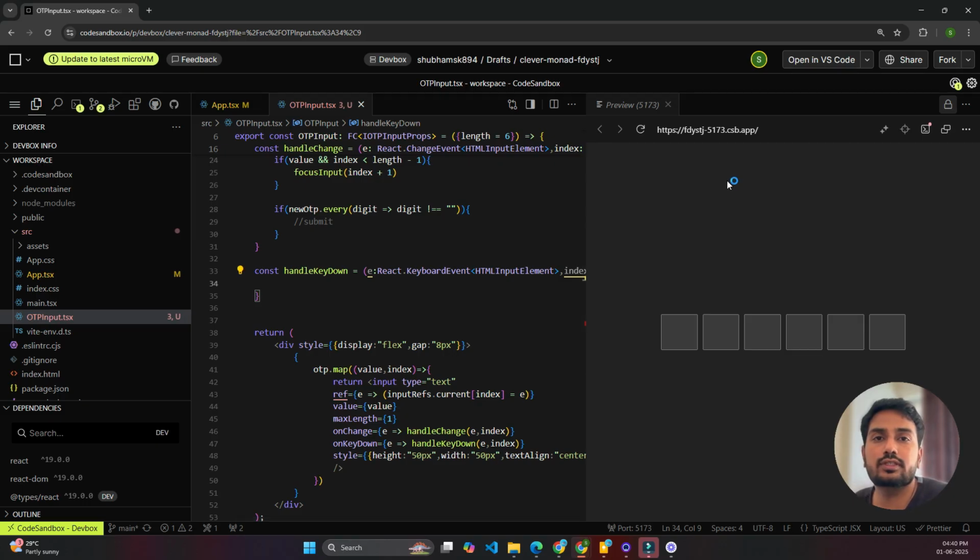The first thing we have to do is check what key is entered by the user. If that key is backspace, we have to update the state of OTP, and at that particular index we have to clear the value of that input element. That's the backspace operation. If the current index is cleared, we have to shift the focus to the last input box. So let's do that. So if,